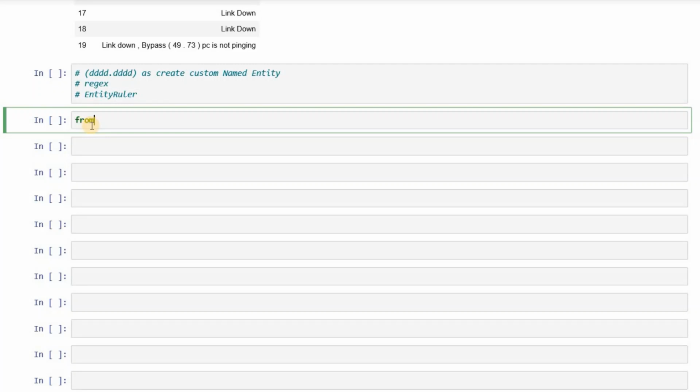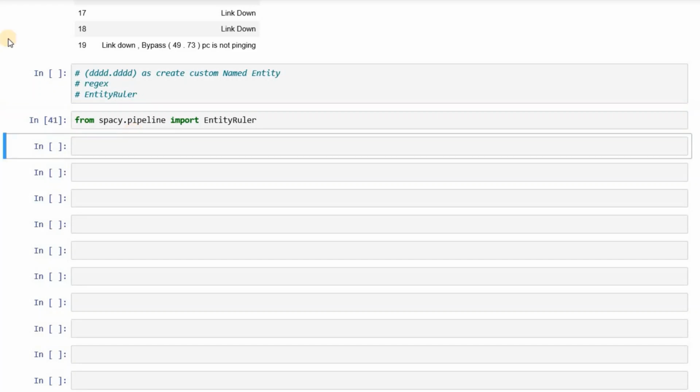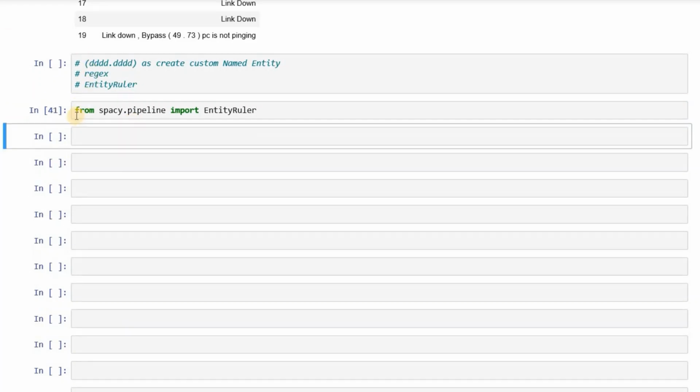For that we would require to import from spaCy.pipeline import EntityRuler. E and R would be capital. So we would need this library.